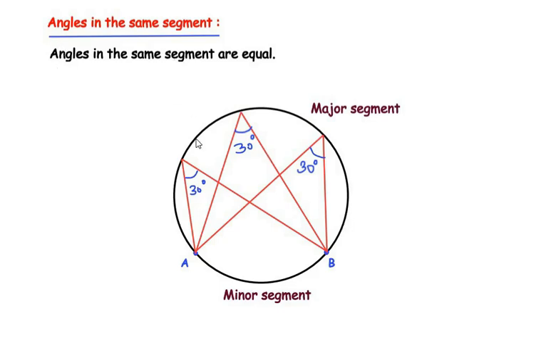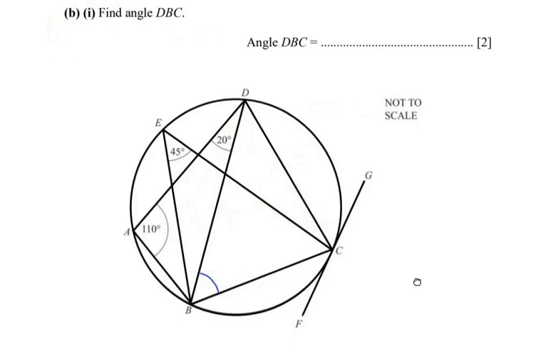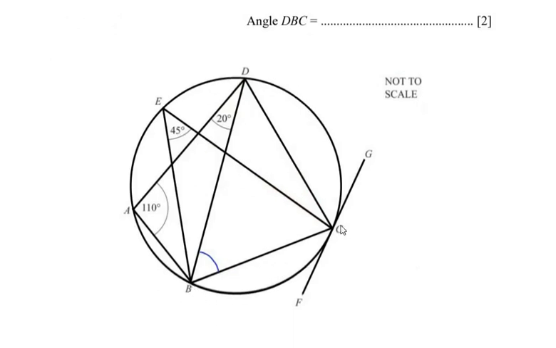So angles in the same segment are equal. Let us see how we can use this theorem to solve the example above. Let us consider the two points B and C over here. These two points divide the entire circle into two segments. One is the small segment called the minor segment, and the other is the larger segment, which is the major segment. We can see that these two points make an angle at point E this way,